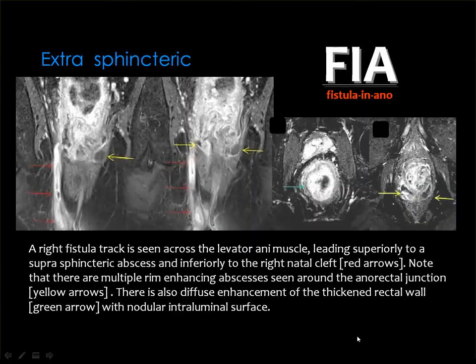Extra sphincteric fistula is the fistula which connects the skin to the rectum, going through the levator ani, and this is the rarest type of the fistula. It has no relation to the anal canal except for the external opening. Then the fistula passes, as you can see, it crosses the levator and it's connected to the rectum, and there are extensive inflammatory changes and some abscesses in the perirectal area, together with marked thickening of the rectal wall and